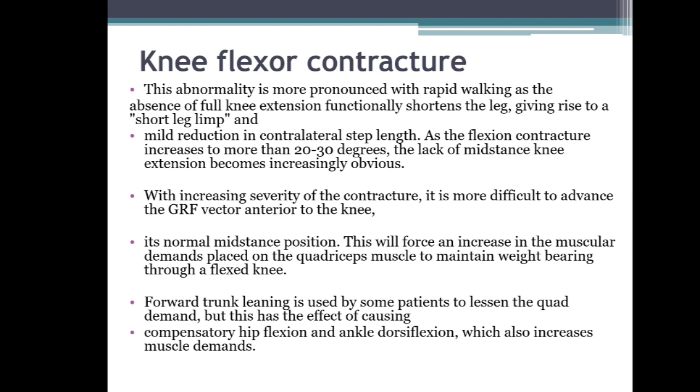it is difficult to advance the ground reaction force vector anterior to the knee, as in the normal mid-stance position. It increases the muscle demand on the quadriceps to maintain weight bearing on the flexed knee. Forward trunk leaning is used by some patients to lessen the quad demand, along with compensatory hip flexion and ankle dorsiflexion, which also increases